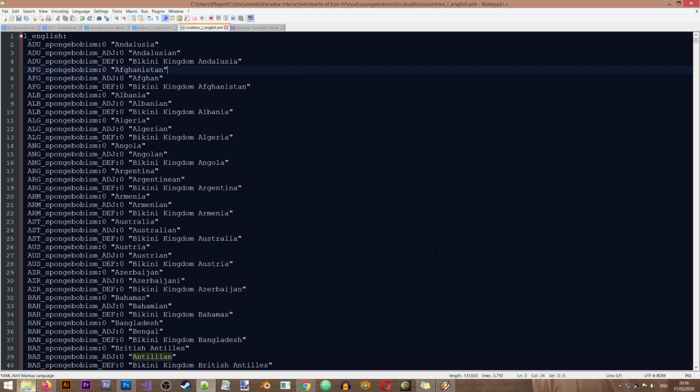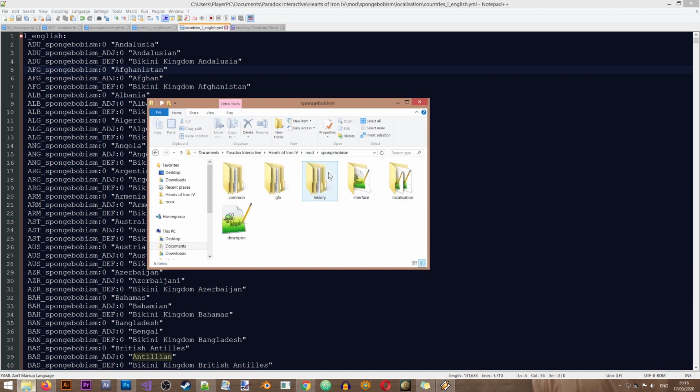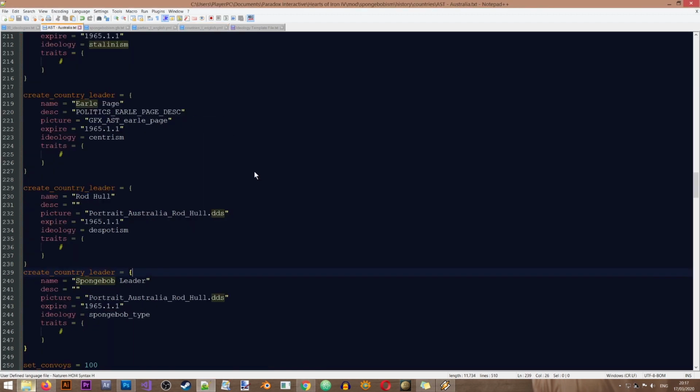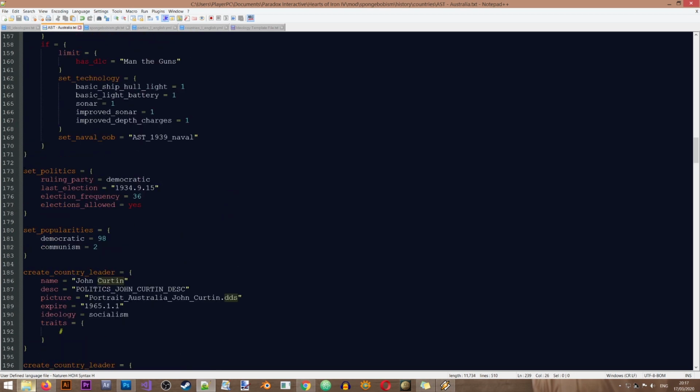Okay, so there's only one more thing to do before we test our new ideology in the game. We still need to assign it to Australia. We did create the minister for it, but we did not assign the ideology. So let's go to SpongeBobism, history, countries, Australia. And in here, I'm going to search for the ideology line. See here, there's a line that says set politics, ruling party. So we will need to change this to